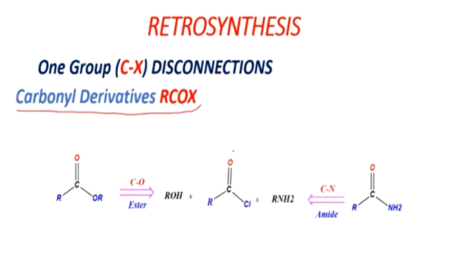Here is another type of reaction which could be studied as a C-X group disconnection, which is nothing but carbonyl derivatives and their reactions. Here is an acid chloride group. Always remember, whenever we are studying this, the bond must be broken through the heteroatom bond, the carbon-heteroatom bond. So when this acid chloride reacts with RNH2, we are getting an amide compound. When this group reacts with an ROH group, there is formation of an ester compound.